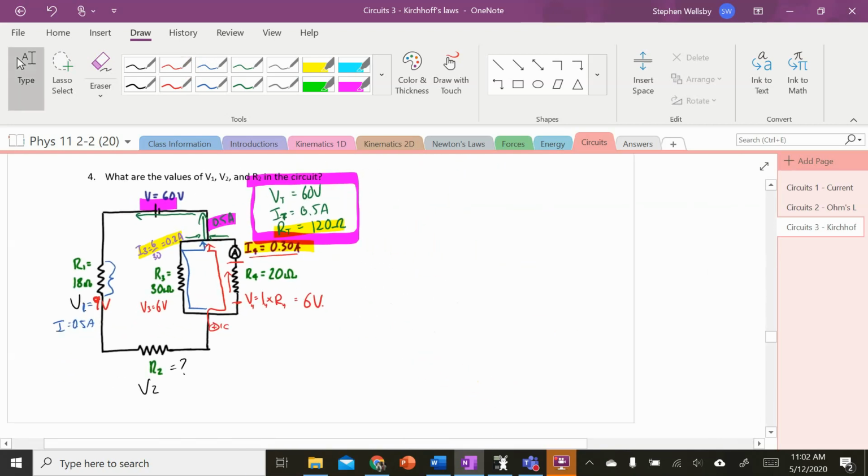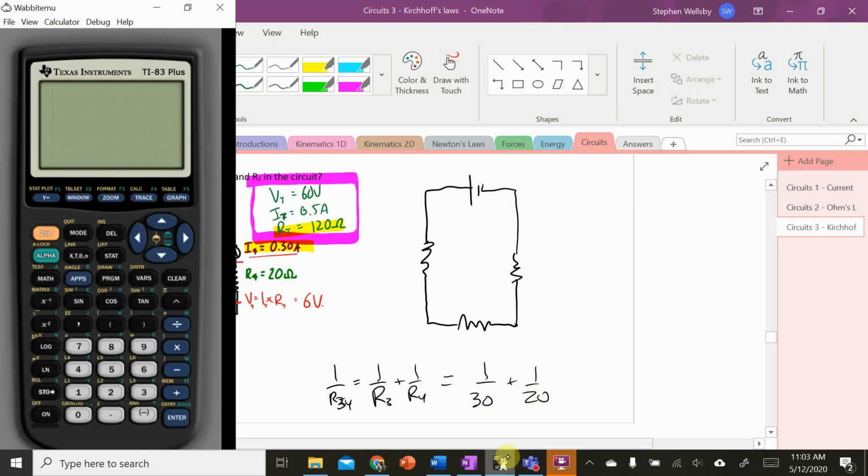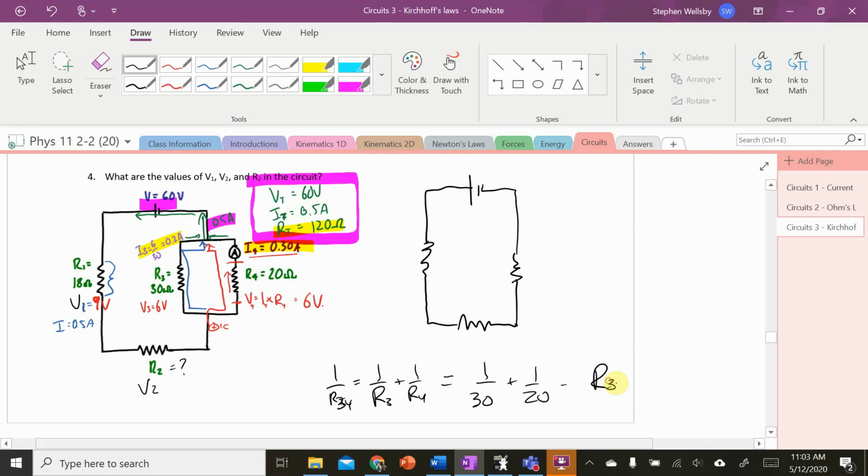So it might be worthwhile, if you have the option, to redraw this circuit. So I'm going to redraw it this way, where I've got 18, an unknown value, and then this new resistor here. And this resistor here, if I want to know the total resistance of two things in parallel, I know 1 over RT equals 1 over R3 plus 1 over R4. And I'm going to call this R34 because I'm combining resistor 3 and resistor 4 into 1. So this is going to be 1 over 30 plus 1 over 20, and then take the inverse of that. So I'm just going to put it all in brackets: 30 inverse plus 20 inverse, and then take the inverse of that. And that gives me this total value. So R34 equals,